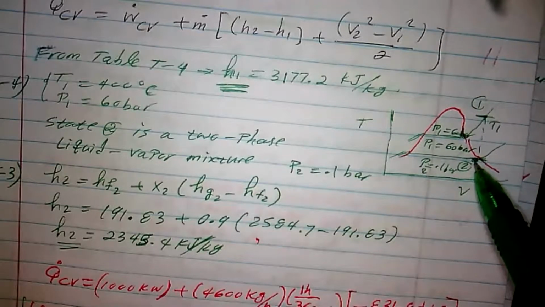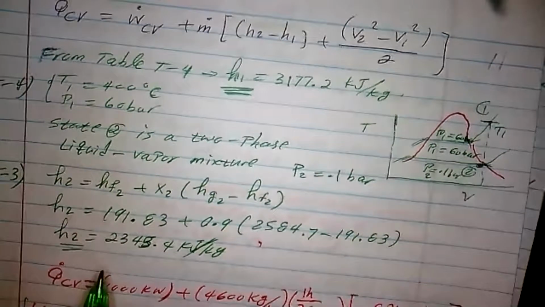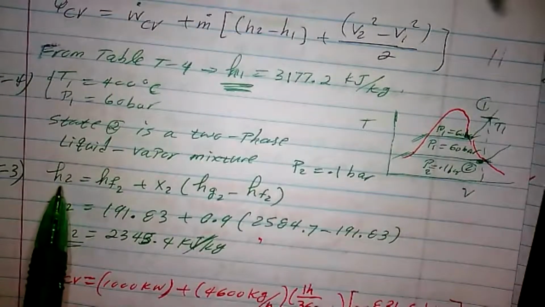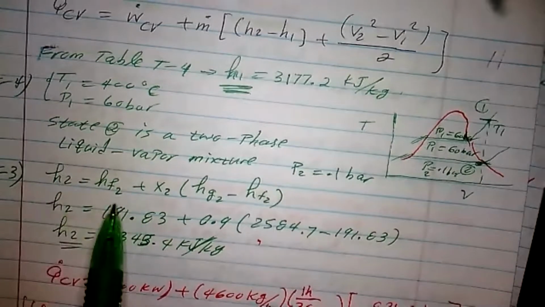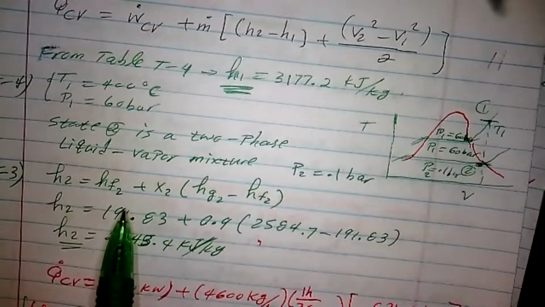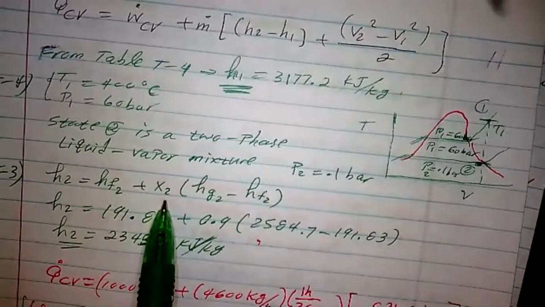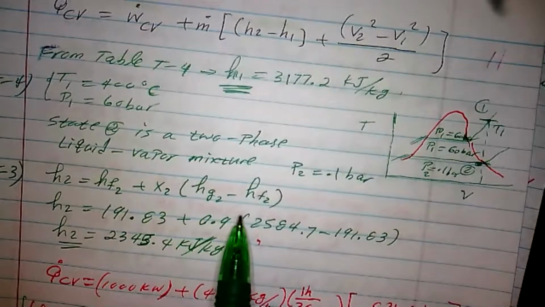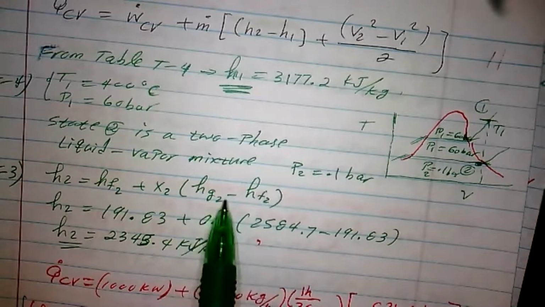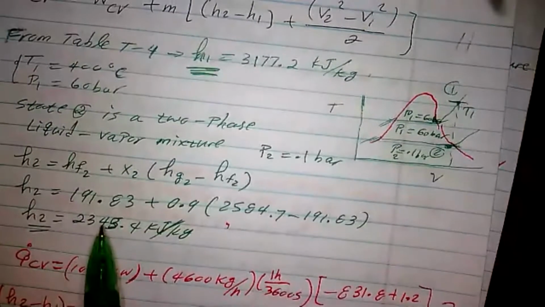Since this point 2, state 2, is in a two-phase region, we need to use the liquid and vapor, okay, for the mixture. So in order to determine this enthalpy at the state 2, this is the basic formula. Remember, we use this formula to determine the internal energy or specific volume. So H2 is HF2 plus quality at the state 2 times the change in enthalpy, which we call HFG. But you have a value for HFG, but we can just say HG2, the vapor portion, and then the liquid portion. So if you go to table T-4,